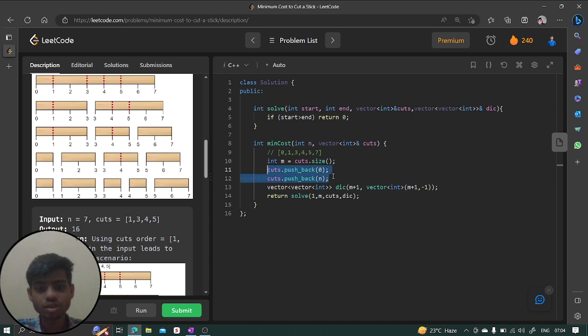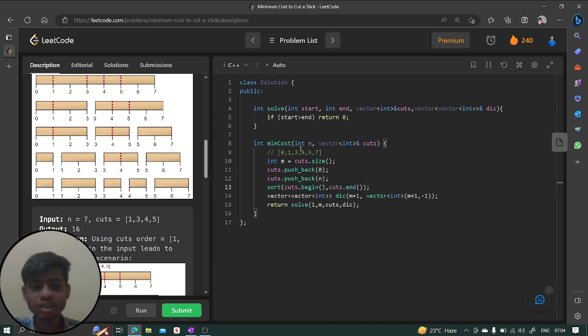Now I want to sort it first of all, because here it was sorted by default, but now we don't want to rely on that. We want to sort it, because in some test cases we may not have it sorted, right? So we can say sort, and this is going to be cuts dot begin and cuts dot end. Once this is sorted, now what we are going to do,